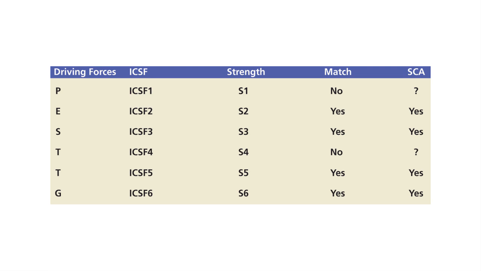So let's build that sustainable competitive advantage table. Sounds complicated, it isn't. Simply, we list our driving forces: political, economic, societal, technological, megatrends and globalisation. For each corresponding driving force, we put in our industry critical success factor. You remember those. Compliance, value, lead or follow, and perhaps are you going to be proactive or reactive for globalisation